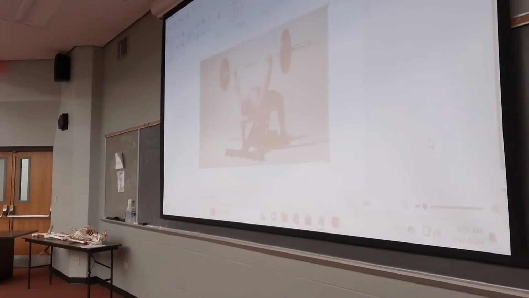Linear kinematic. We're going to keep with the bar because I like this conversation where it's at. Linear kinematic, straight line movement conversations. Well, if he's holding that position, the position of the bar isn't changing. Same position over time, the displacement of the bar isn't changing.